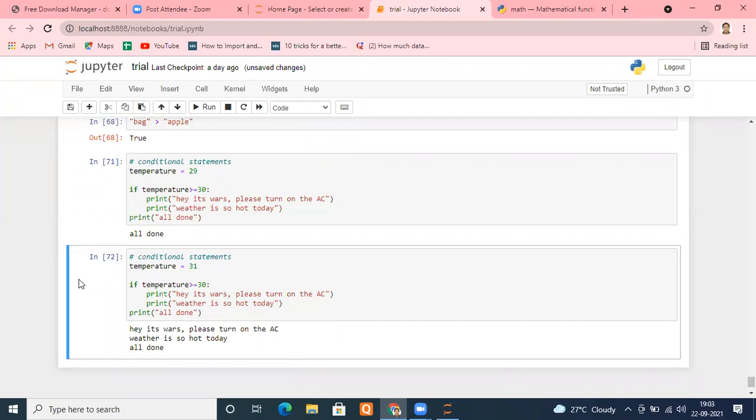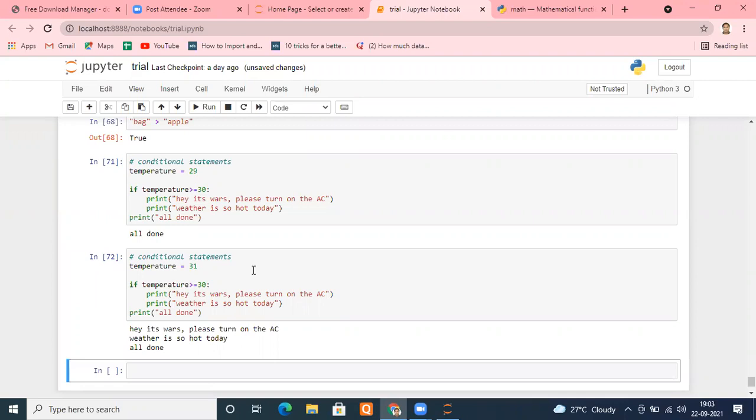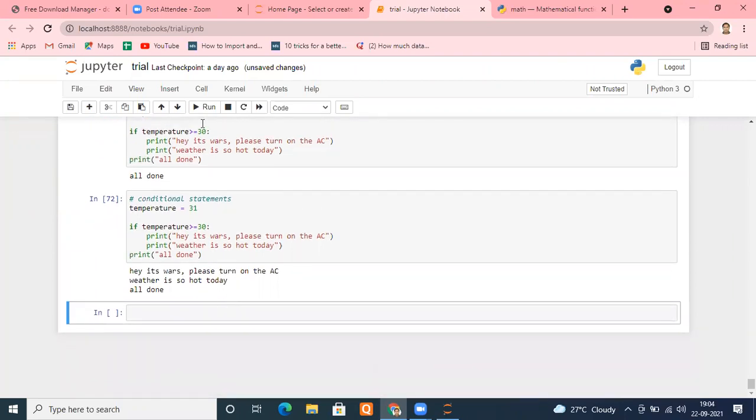Now suppose you want to check multiple if conditions. For example, let's say temperature equals 25.